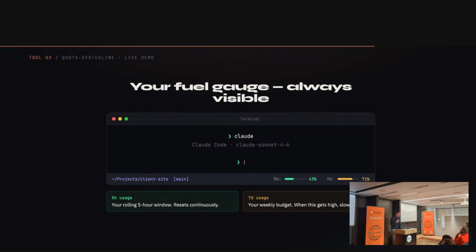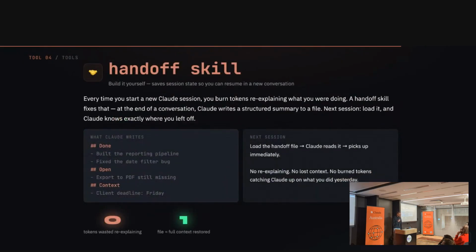So again, build it yourself if you want to. I find it very useful. Then one I also did myself is a handoff skill. In conjunction with /clear specifically, this skill writes a summary file of what the session was about. I have a command, /handoff, and it does that. Once that is done, I can do /clear. Then I do /handoff again, and it takes what it just created in that file and has exactly the context it needed